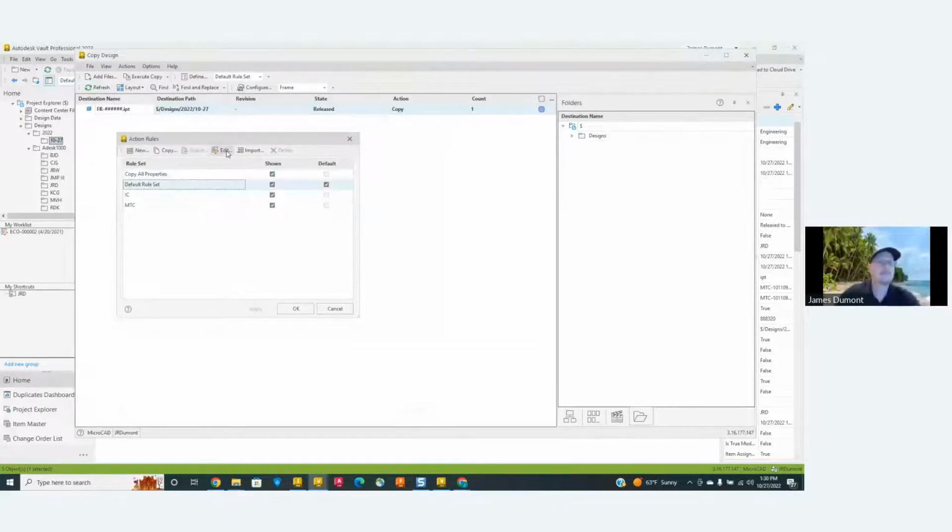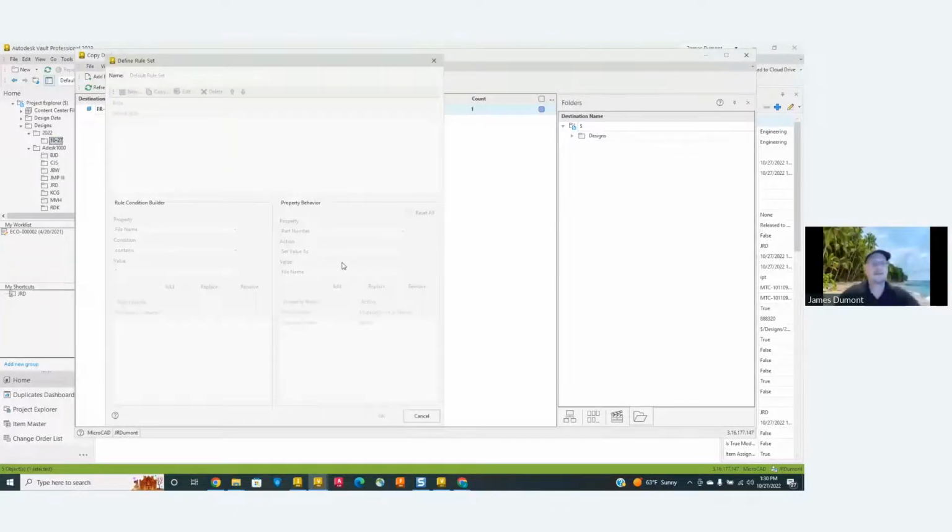If we look at that, it's all grayed out. You can't do anything. And the only thing it's doing is mapping the part number to match the file name. So as you change and copy and change your file name, you want the part number to match. And as far as Vault Professional using categories, it's going to reset the category information. So what I need to do is I need a little bit more power within this.